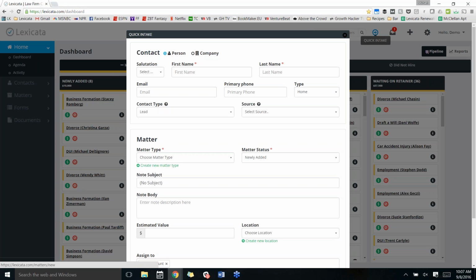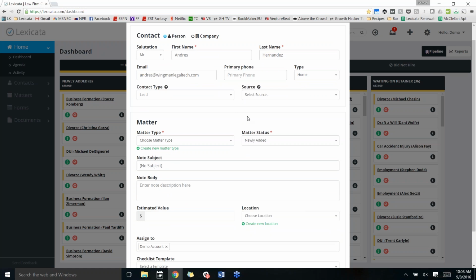So we have a couple ways to start tracking people. You can either manually put them in the system, which is what we're about to do, or you can automatically pull them into the system. Lexicata has a number of integrations. We're not going to go through too many of them right now, but they are great because you can have things like a virtual receptionist service or live chat on your website. You can also integrate your website, so if someone contacts you through it, it'll pull them into Lexicata for you, so you can start tracking them, which is pretty neat.